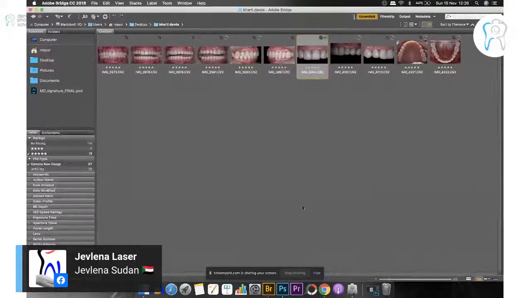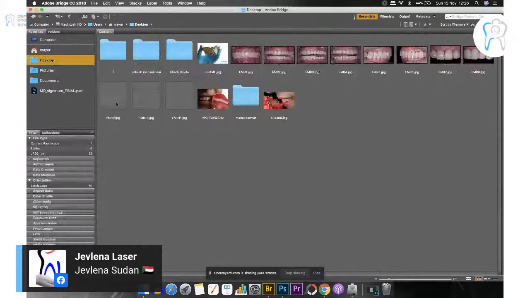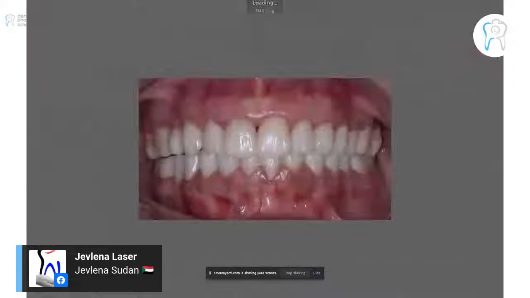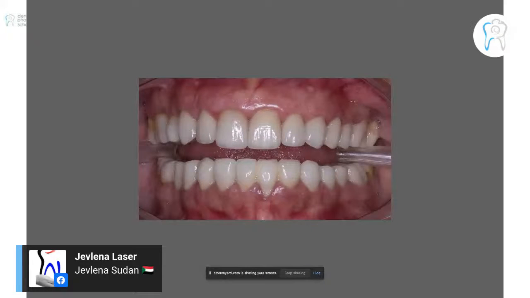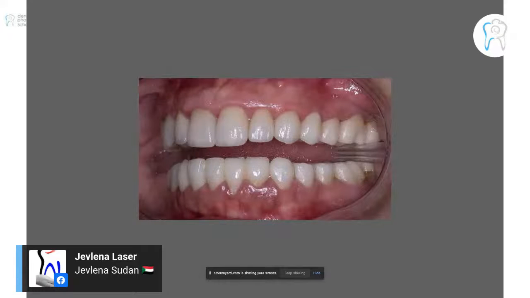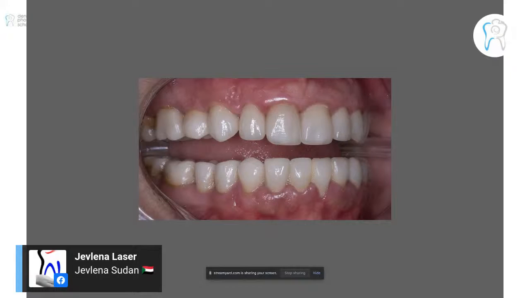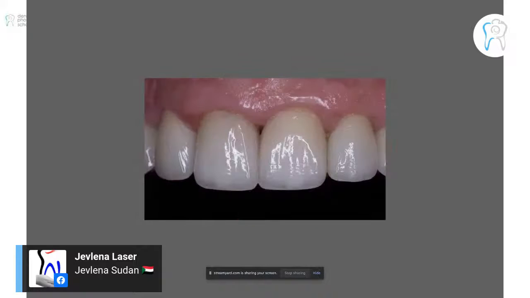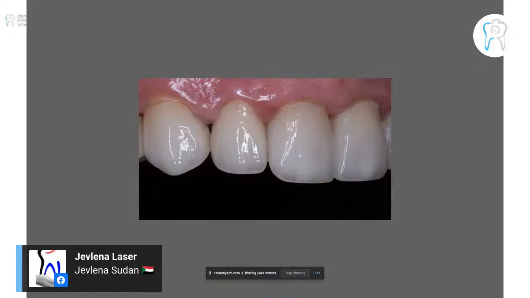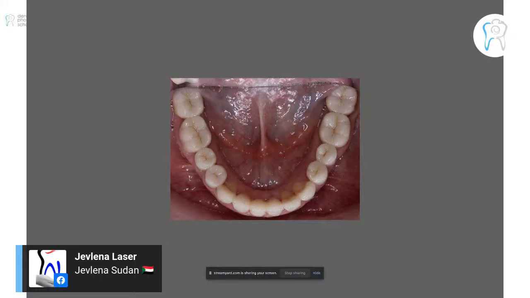Now what I'm going to do is go to the desktop and show you the pictures, the ones that we have edited. You can see that the vertical height is going to be 1000. So almost all the pictures are going to be of this dimension when I show it to all of you. You can see all the pictures are the same dimension, the height of the rectangle is the same. So all the images will look the same, except for the full arch occlusal pictures, because they have been cropped at an aspect ratio of 3:4. So you can see it's looking pretty good, and it's ready to be inserted on my presentation. All right,